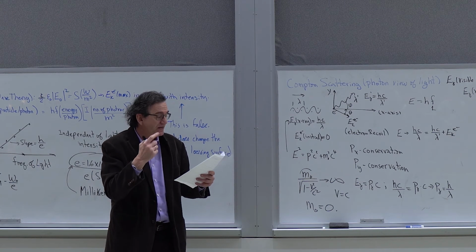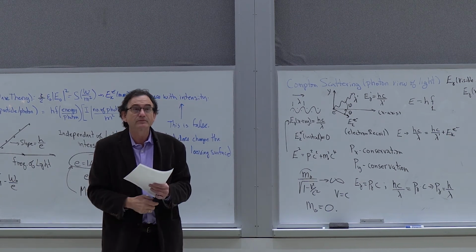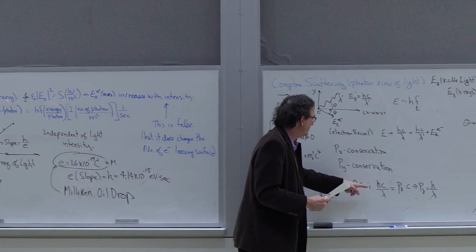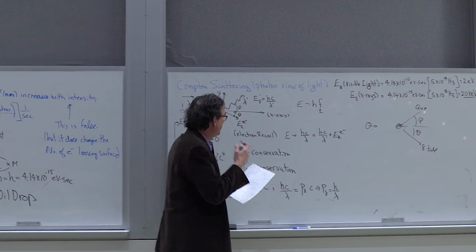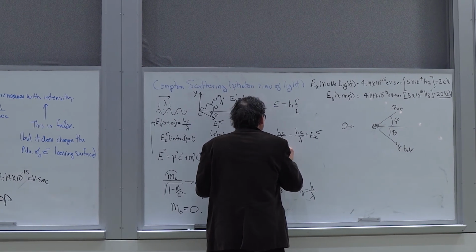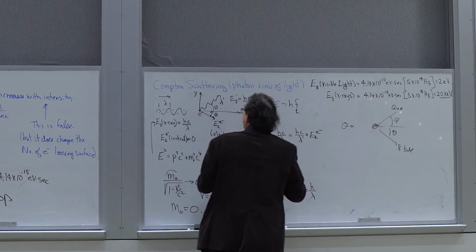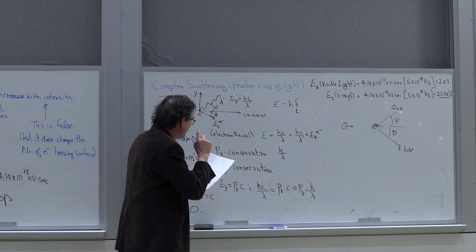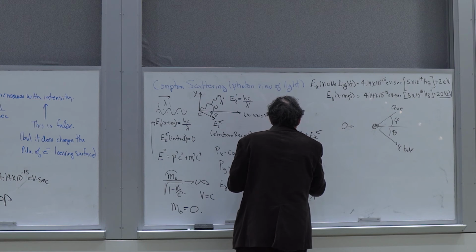Okay, so now we're ready to write down momentum conservation. Now I have an expression for the momentum of the photon. It's h over lambda. So px conservation. Initially, the photon has a momentum h divided by lambda, right? That's the incident X-ray wavelength. h over lambda is equal to